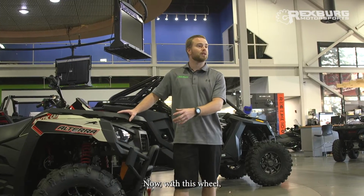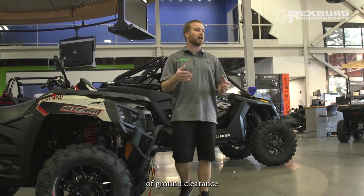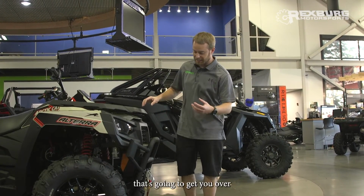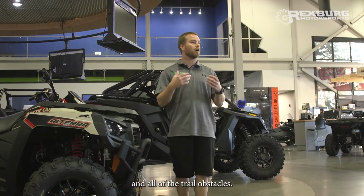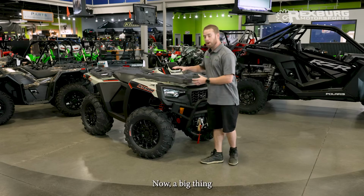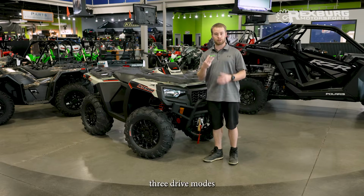Now, with this wheel and tire package, this thing comes in at 12 inches of ground clearance. And that's a big number for an ATV. That's gonna get you over the rocks and the logs and all of the trail obstacles nice and easy on this Alterra. Now, a big thing that they also do on this machine is this has got 3 drive modes